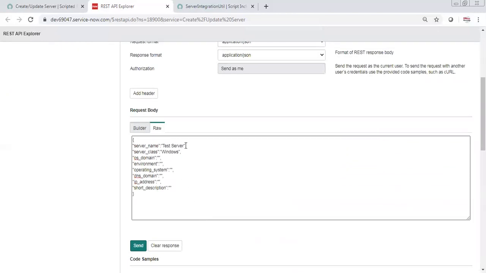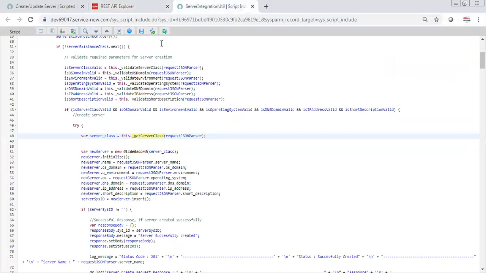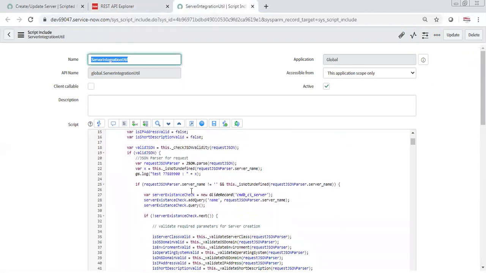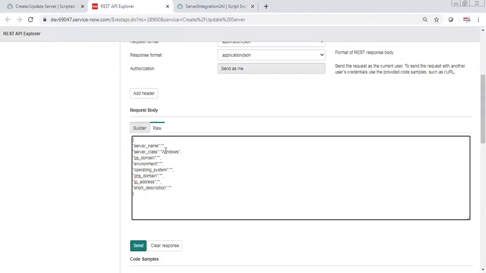But we have added test server. There must be some error somewhere. Why is it giving an error? So server name is not defined. Server underscore name.